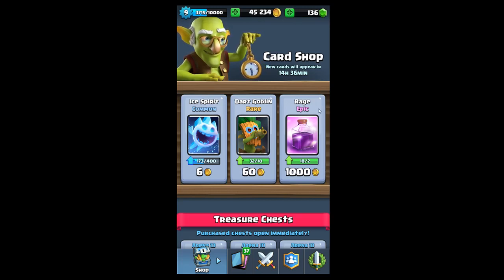When you're first starting off, to make your deck stronger, you probably want to buy from the shop almost any epic that you don't have. Rage probably being an exception. This just isn't a very useful card. It wouldn't really work with the strategy that you have of playing overleveled cards anyways, but any troop that you have in here that you don't have, right? If it's a giant skeleton, it's a witch, it's a baby dragon, you're probably correct to spend 1,000 gold,